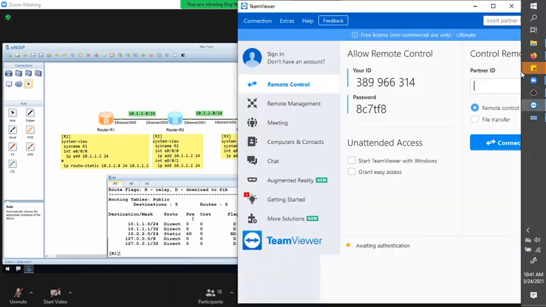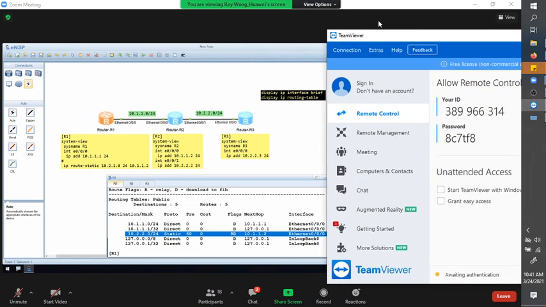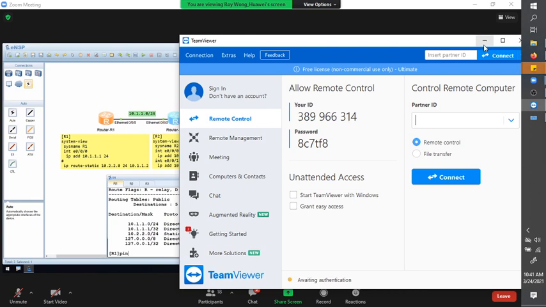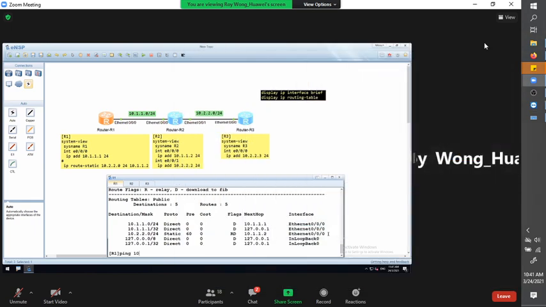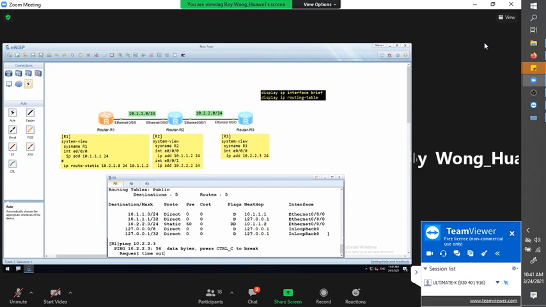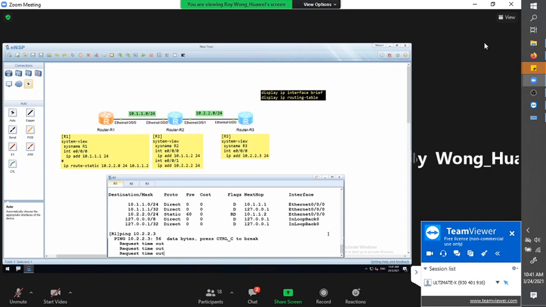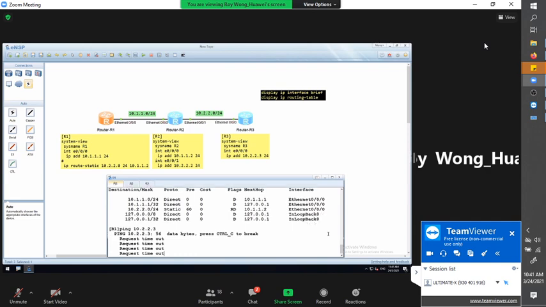But doesn't mean sekarang you punya router 1 atau you route kan, you sudah boleh ping. Okay, it's actually not mean that after you already have this route, you can ping. No, it's not like that. Okay, sekarang let me try. When I try to ping 10.2.2.3. Okay, you guys pun boleh cuba. Kan? Boleh, okay. Walaupun you sudah ada itu route kan, tapi router 1 still tak boleh ping ke router 3. Do you know what is